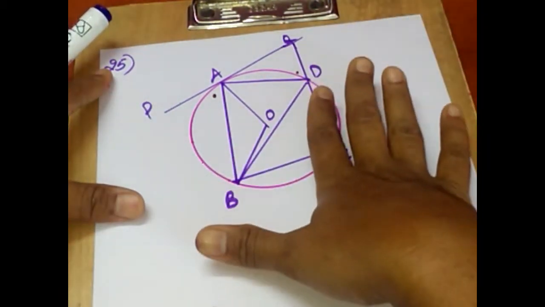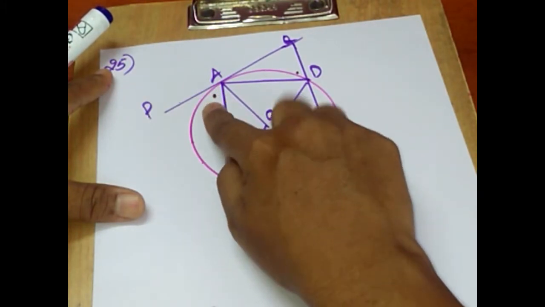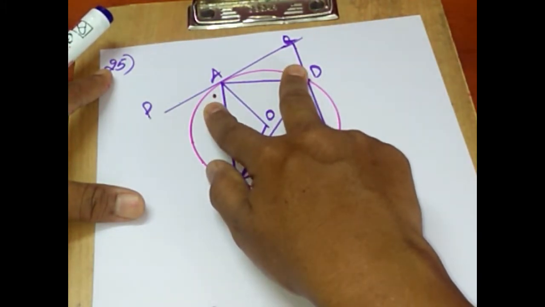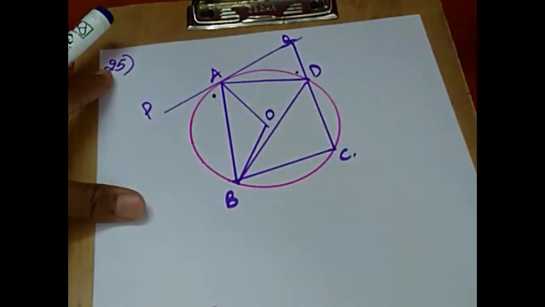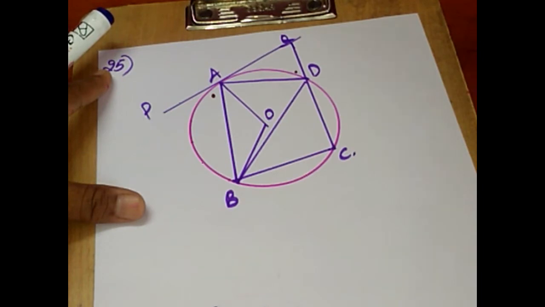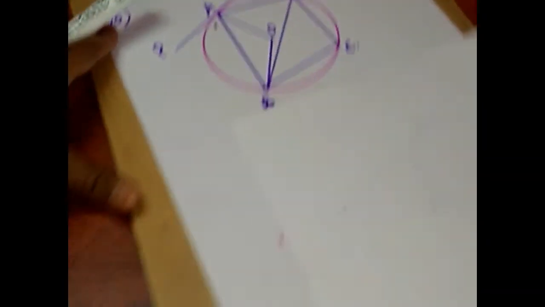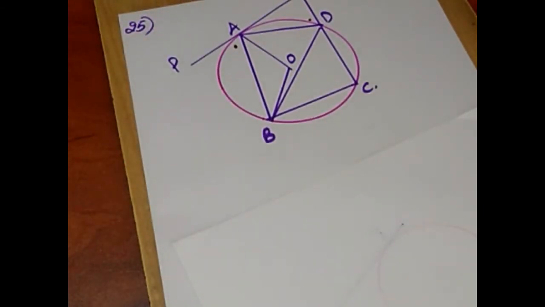Now let us try to observe whether we have any one angle which is equal to these two angles, a common angle. If you observe the diagram and recall all the properties and theorems of a circle, a cyclic quadrilateral and the tangents, automatically you will get it. So let me go on to point number 1. Just let me draw out the diagram. I hope you are going to get it.